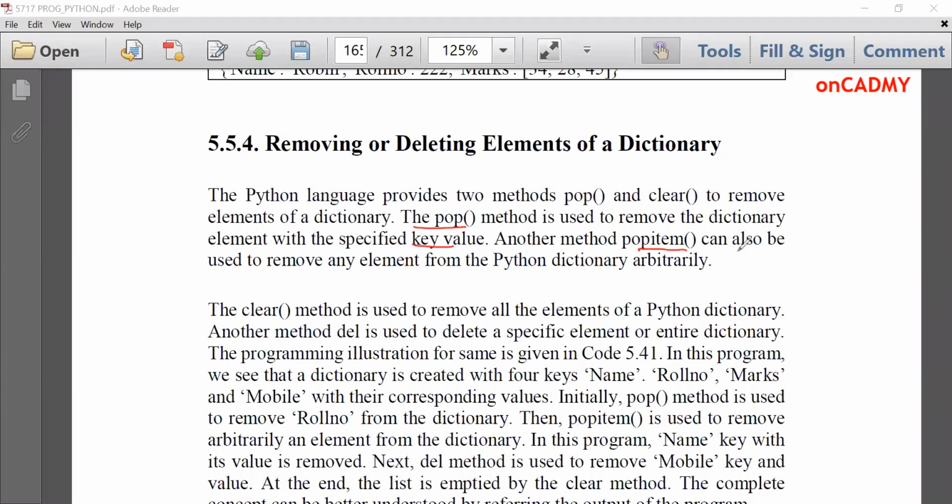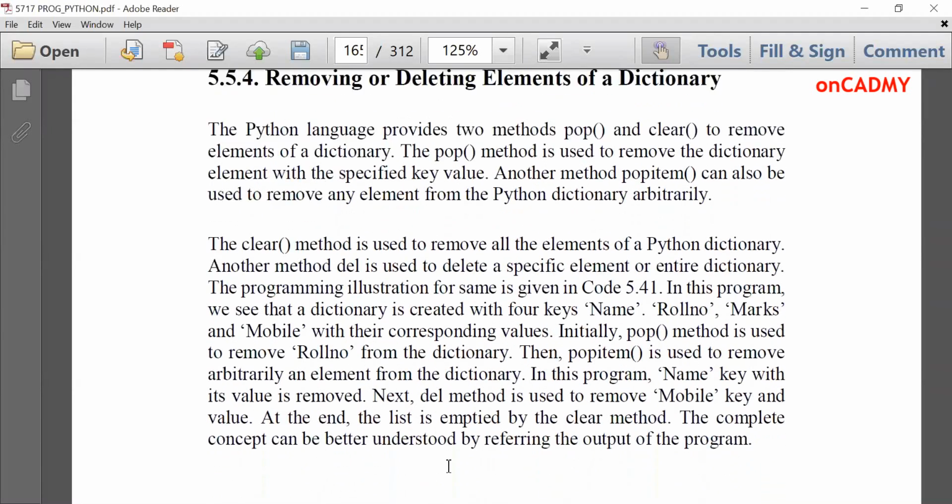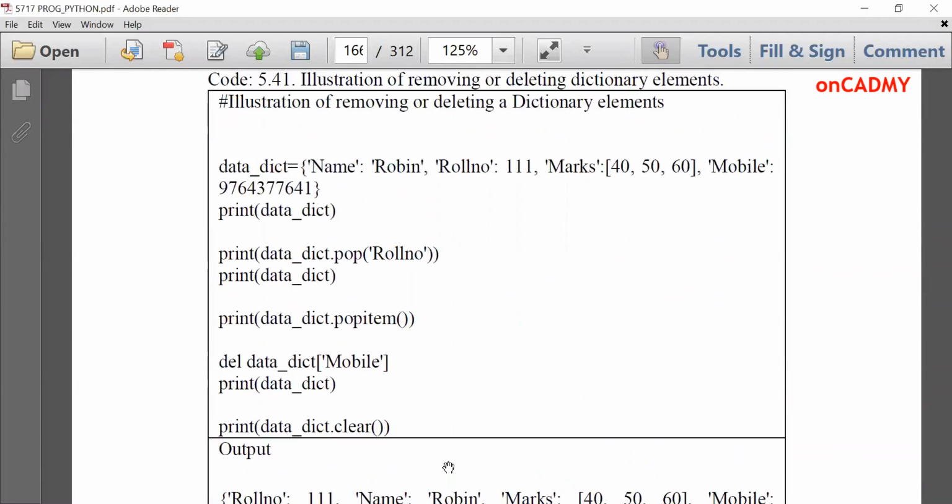Another method, popitem, can also be used to remove an element from the Python dictionary arbitrarily. In set, pop is used to randomly remove an element, but here with pop, we need to specify values also. And if I want to remove an arbitrary element, then I'll use popitem. So let's see through an example. Clear will remove all the elements of the dictionary.